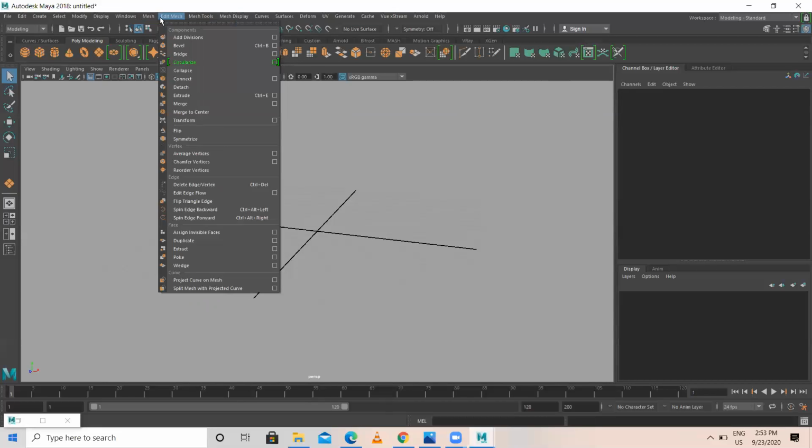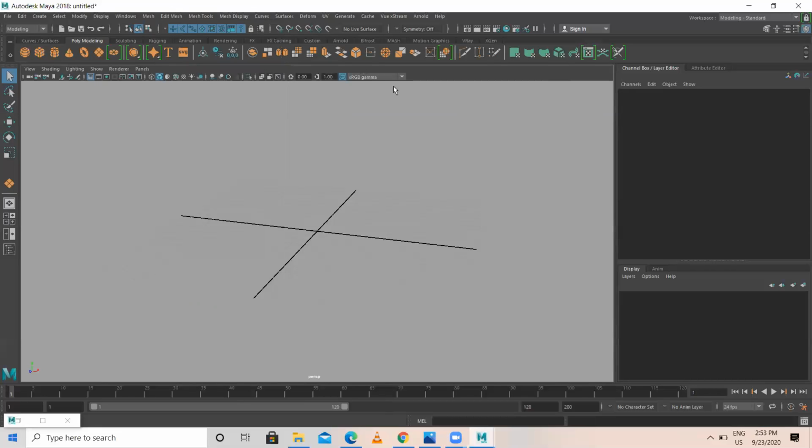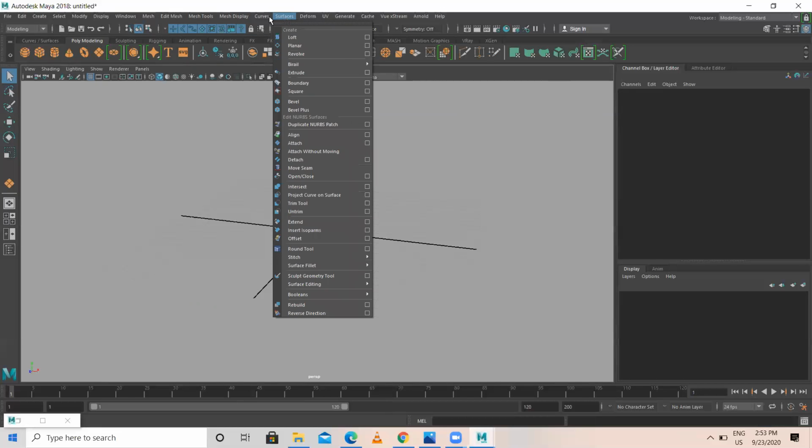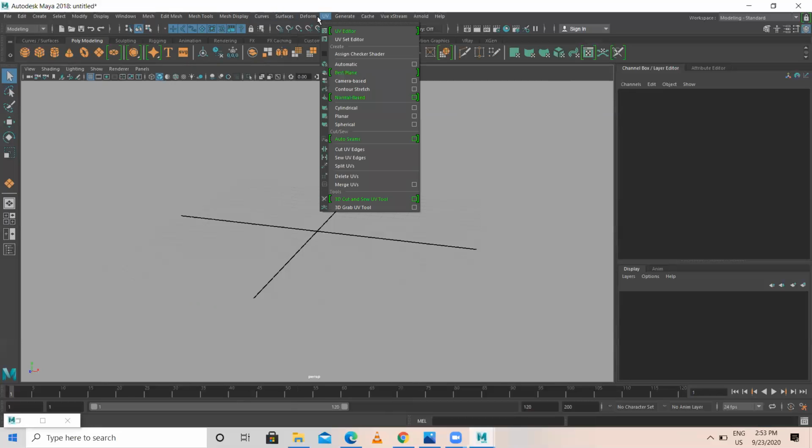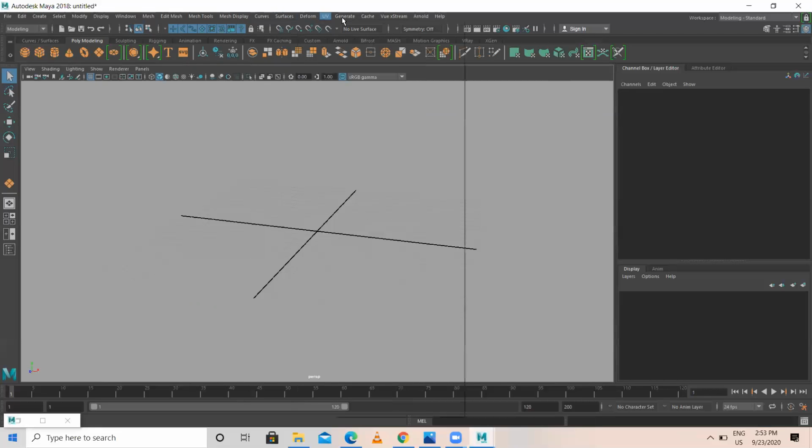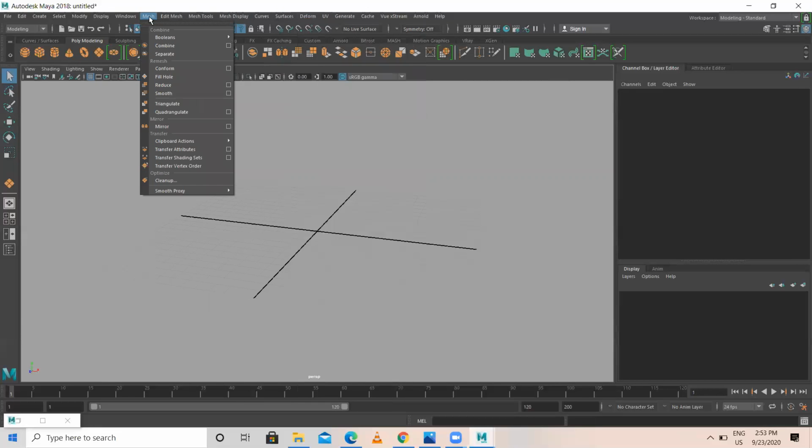Mesh and Edit Mesh are the major ones: Mesh is for creation, and Edit Mesh is for editing the model. Whereas for NURBS modeling, it is curves and surface. UV is for texturing, which we'll see separately later.